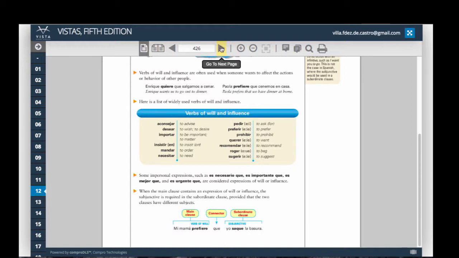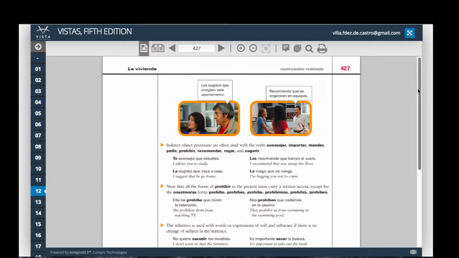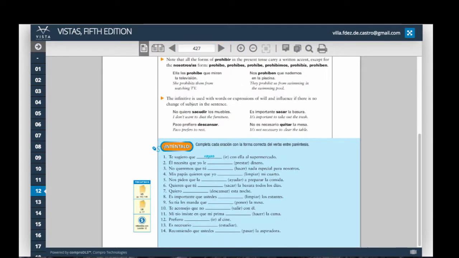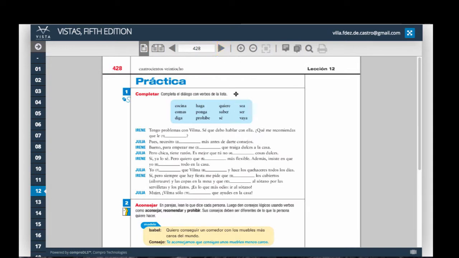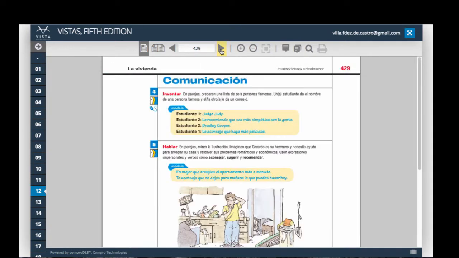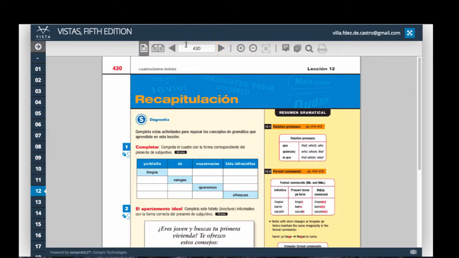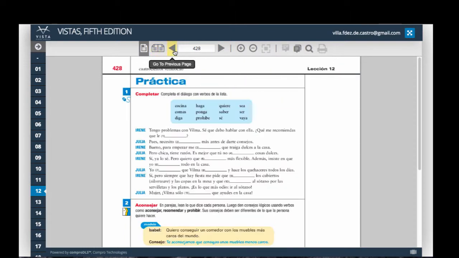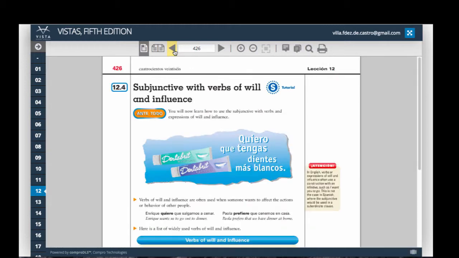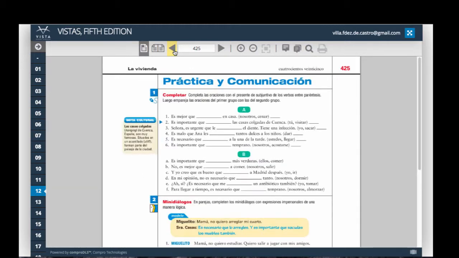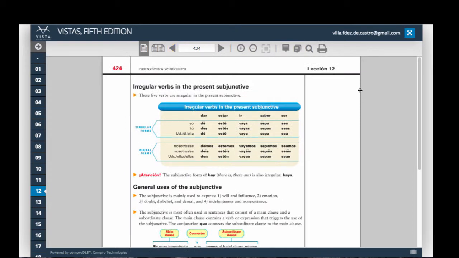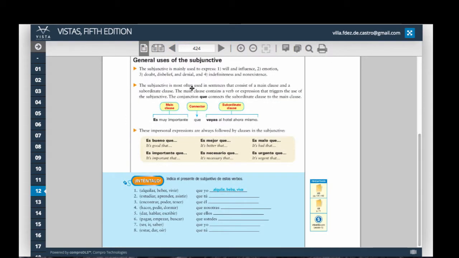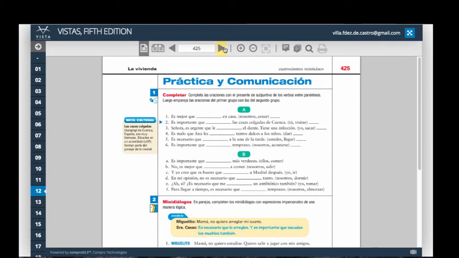So read this information, read the clues we have in here. There will be clues of subjunctive, and then you can work on some exercises. I don't know if I'll go into so much detail in the exam to ask you about this specific usage, but I will certainly ask you the conjugations of the subjunctive. So you will probably have an exercise in which I'll tell you, well, you have to conjugate in the subjunctive now, and you will have to know those forms. So keep that in mind.